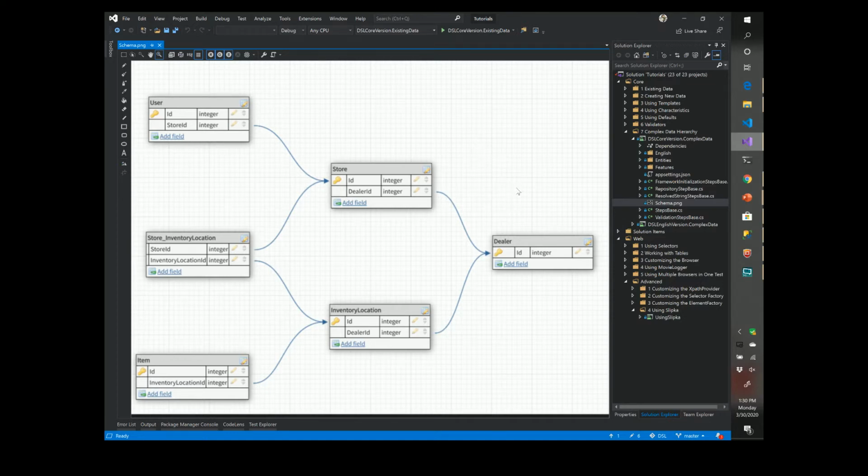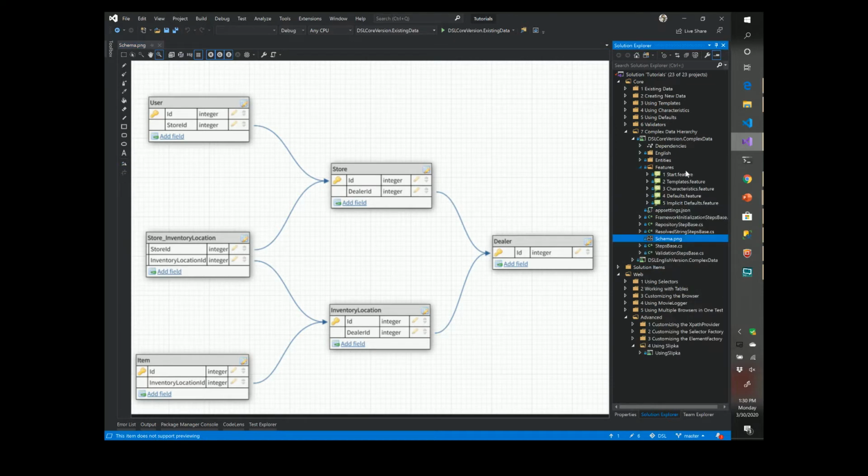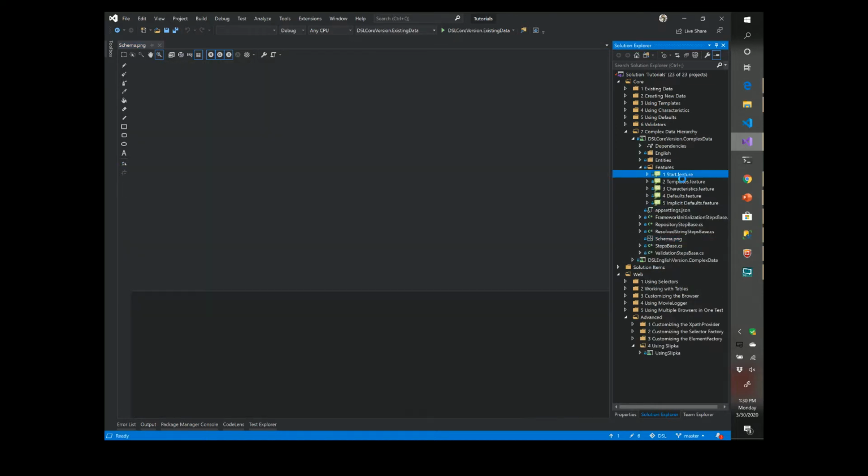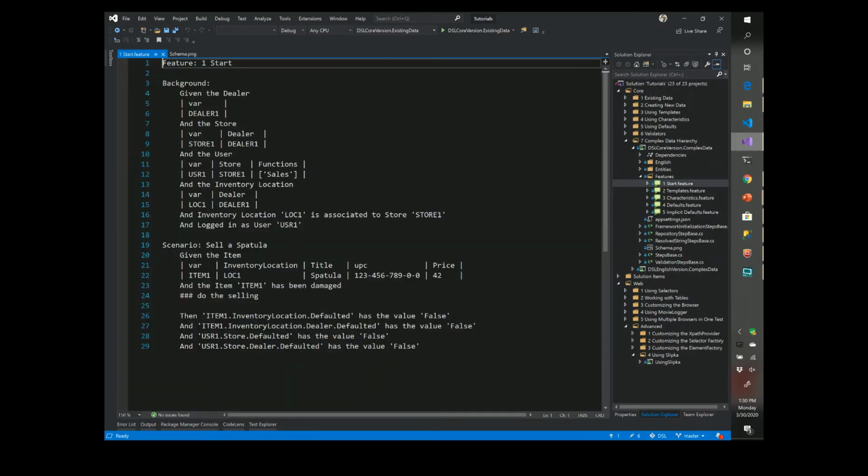So what we're dealing with is 3 levels. We have a dealer, which has stores and inventory locations. There's a many-to-many relationship between the store and the inventory location. Users are associated to stores, and items are associated to inventory locations. And this is where we would build up our hierarchy before we actually start to worry about the running of